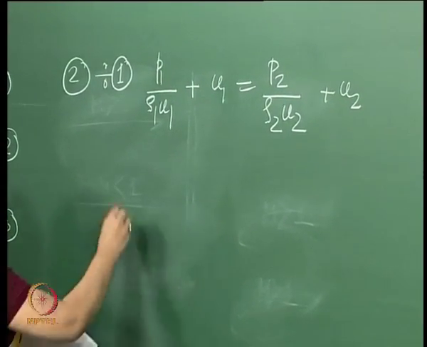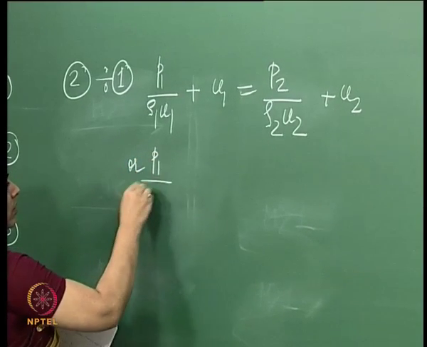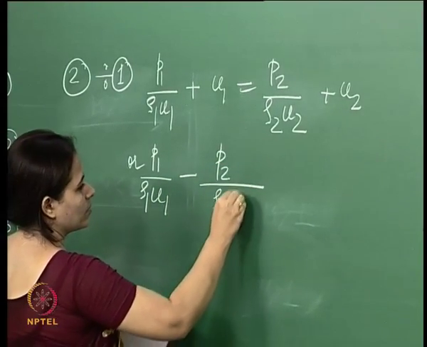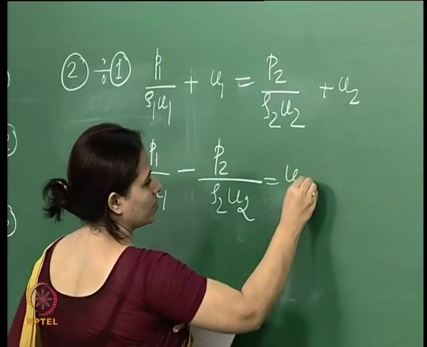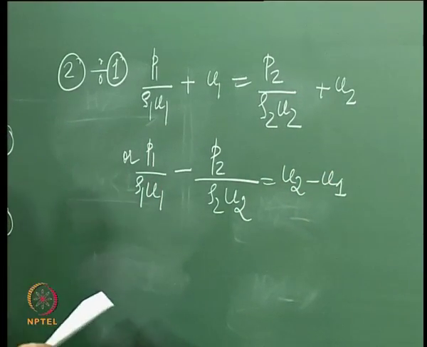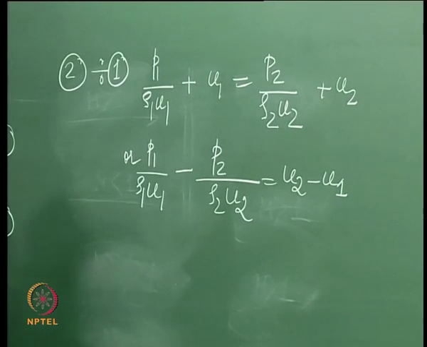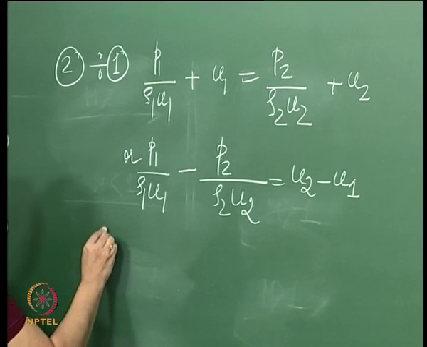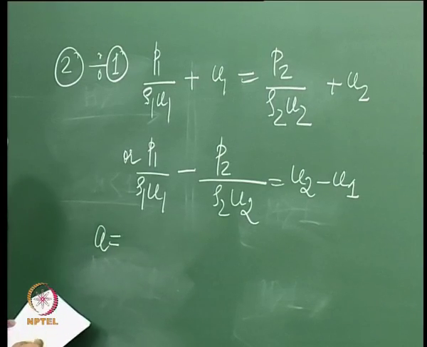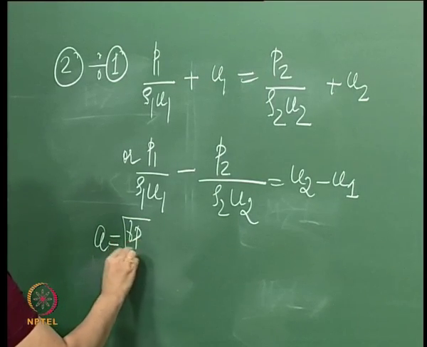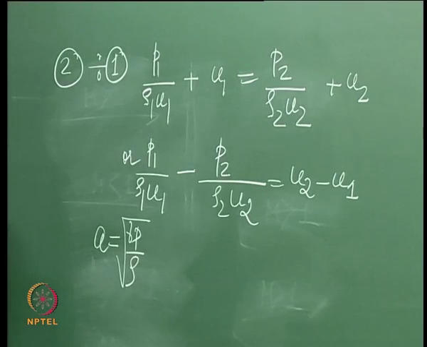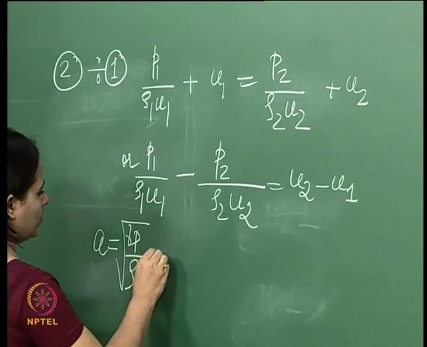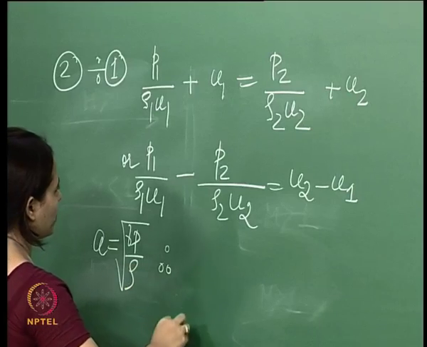Now, we can also introduce the speed of sound in here. So, now we know that a is equal to the square root of gamma p over rho. So, therefore, the relationship becomes